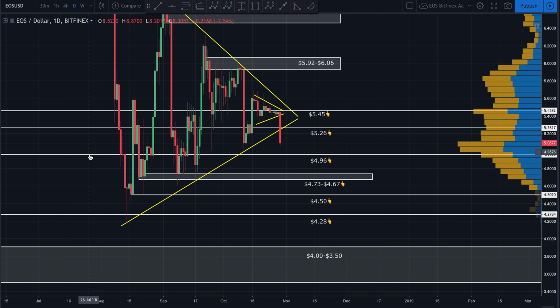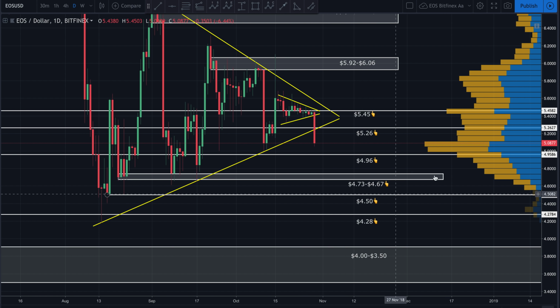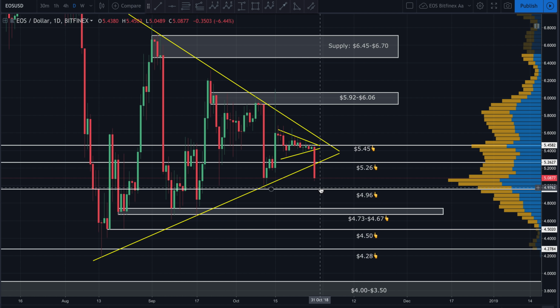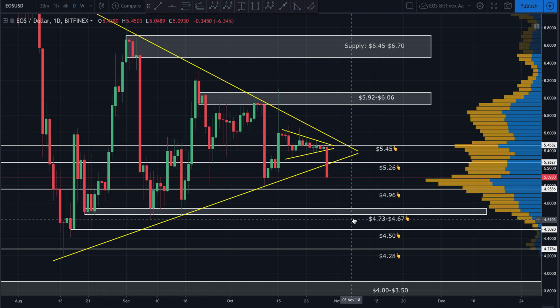Now I obviously have a ton of EOS in long-term hold that I'm not going to sell, but most of my money, I should say, my portfolio is sitting in fiat, waiting for lower prices. If it never gets there, so be it. If we establish an uptrend and I don't catch the bottom, I'm fine with that. I've already got about 20 to 30% of my portfolio in long positions. I'm holding those, and the rest is in fiat, waiting for a clear trend unless we get down here to the $4 range, where I will deploy a ton of fiat. So that's kind of the areas that I'm watching, guys.